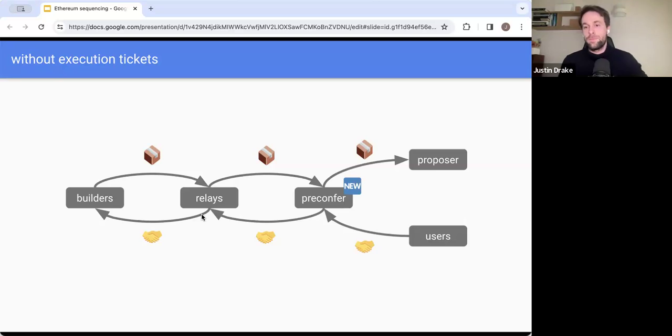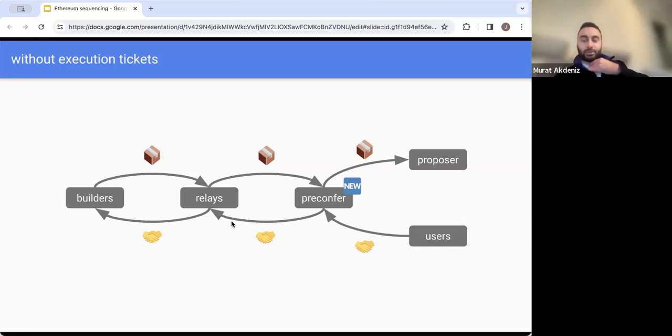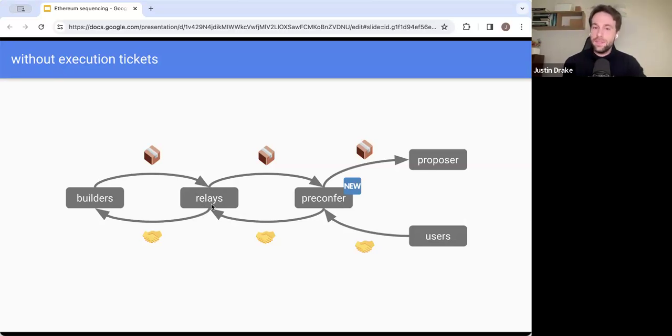But the relay doesn't have that information, right? The builder does, of what that MEV value should be, or what the bid needs to be to negate the MEV value. Right. So one of the things that the pre-confer needs to do is to price tips appropriately. And they shouldn't price them too high, otherwise the users won't be happy. And they shouldn't price them too low, otherwise the proposers won't be happy. So it's a very delicate balance where they need to price tips properly.